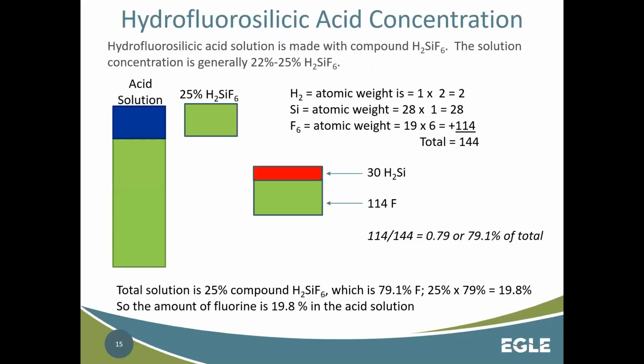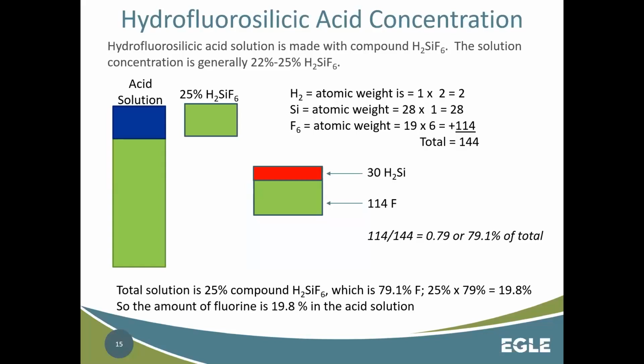Okay, so this is a good slide to pay attention to, especially for our calculations. You get a bulk acid solution delivered to your plant. The solution is generally 22 to 25% of that hydrosilicic acid. So the remaining 75% is water. So of that 25%, you can see the green and red box. And if we break down their atomic weights,